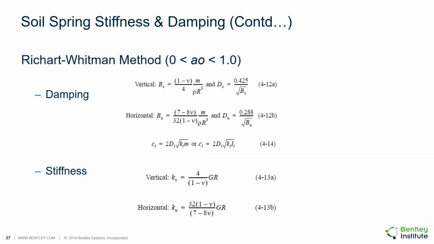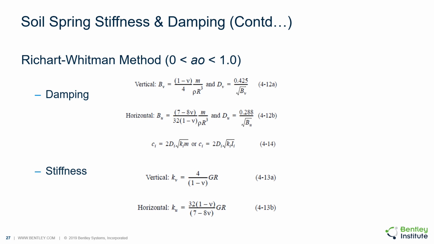Here we can see the equations used for calculating the damping and stiffness as per Richard Whitman method. As noted here, this method is best suited for scenarios when the dimensionless frequency is between 0 and 1. It is worth mentioning here that these dynamic analysis problems are addressed either with real domain mathematics or with complex domain mathematics. Richard Whitman method represents a real domain solution in which the stiffness and damping are represented as constants independent of the frequency. The equations 4-12a and 4-12b are used to calculate the mass and damping ratios for vertical